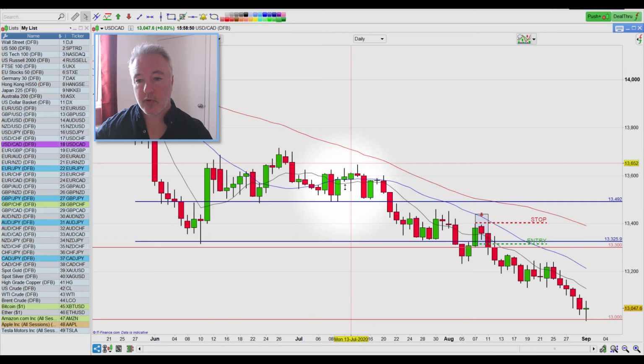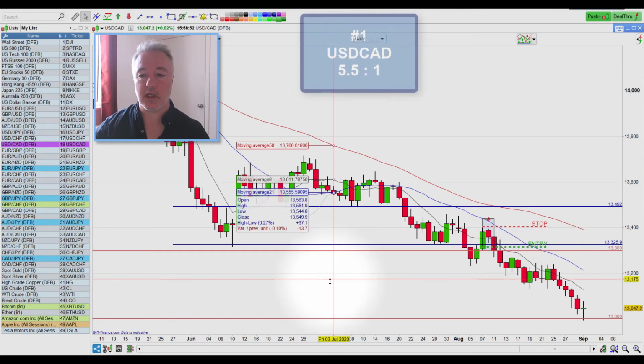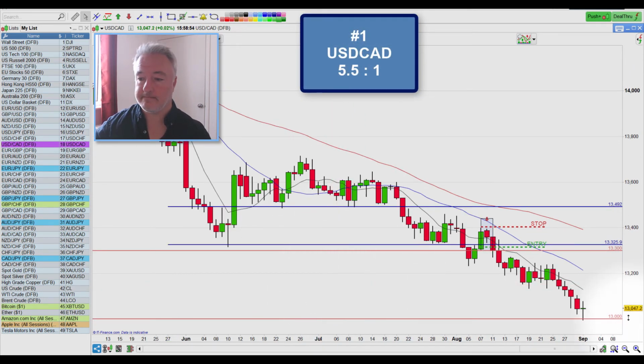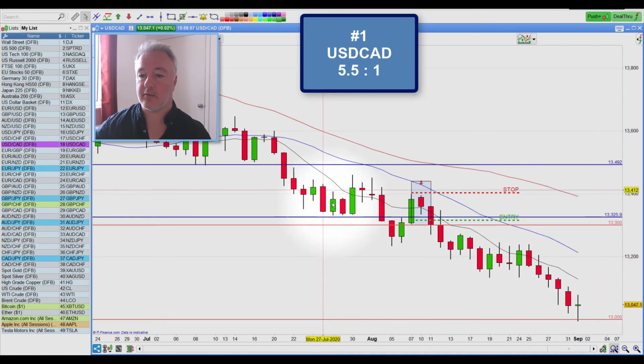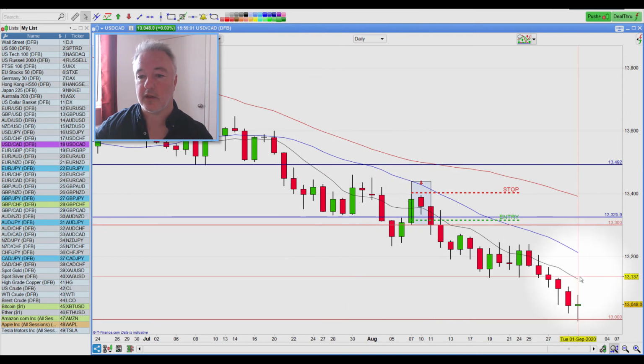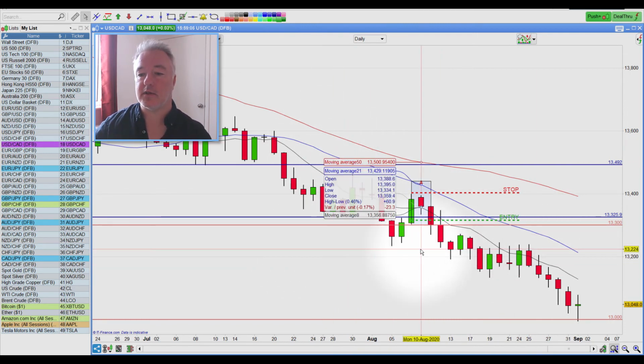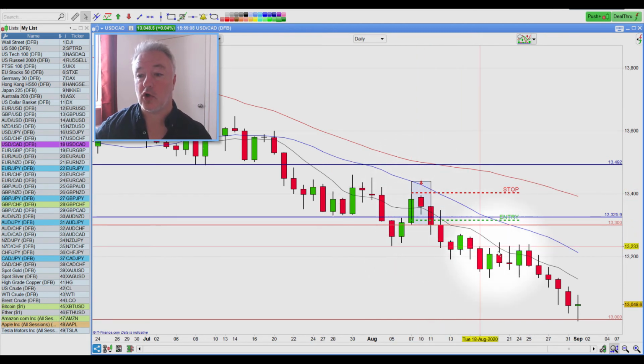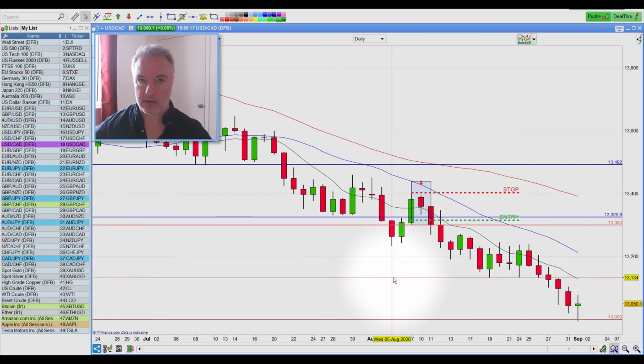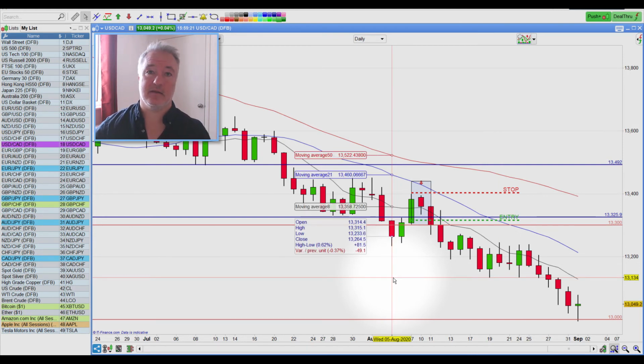So dollar CAD, in principle, as a combination of the weakening US dollar, has been trending incredibly well. And this one produced a pretty obvious setup, a nice little bearish candle within the moving averages, pulling back. This one was on the 10th of August and then continued to head down lower. There are a couple of additional entries here which are not relevant to this, but I entered later on. However, this is the winner for August, and I did not take it.